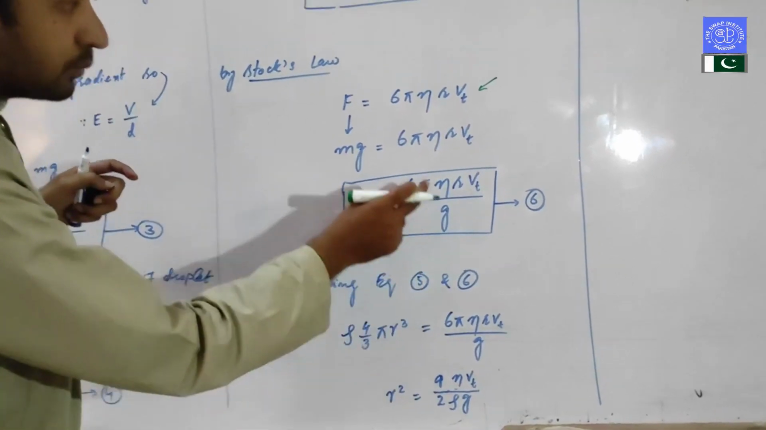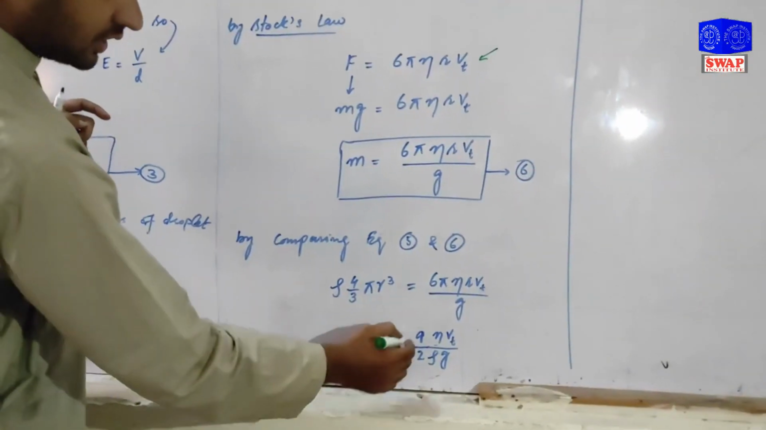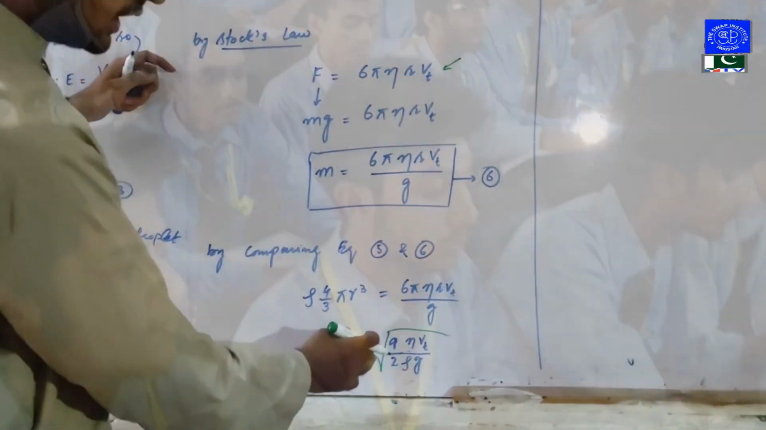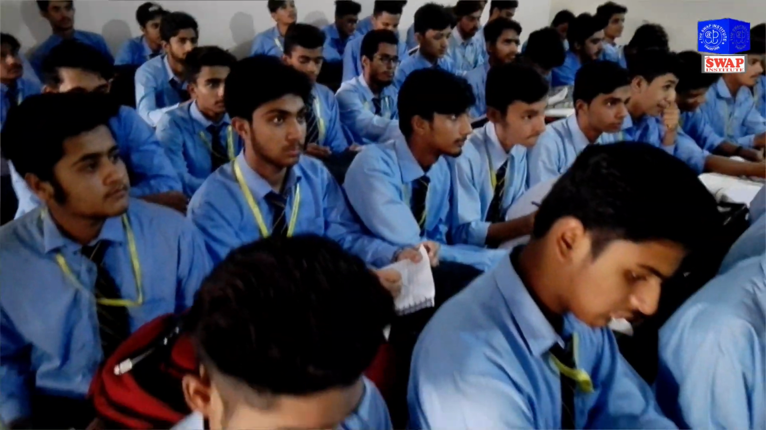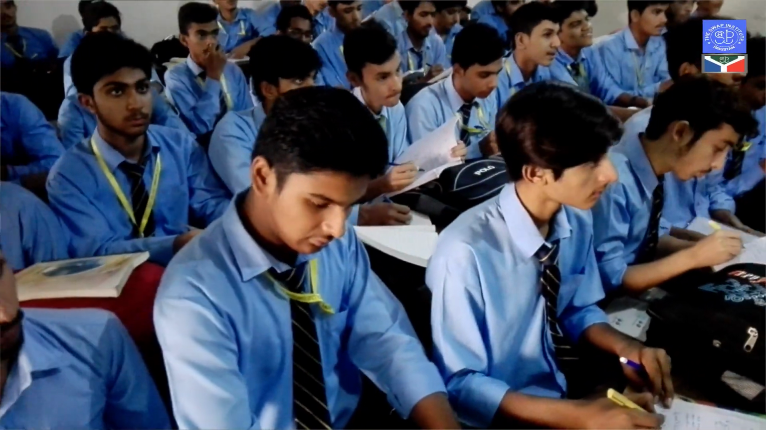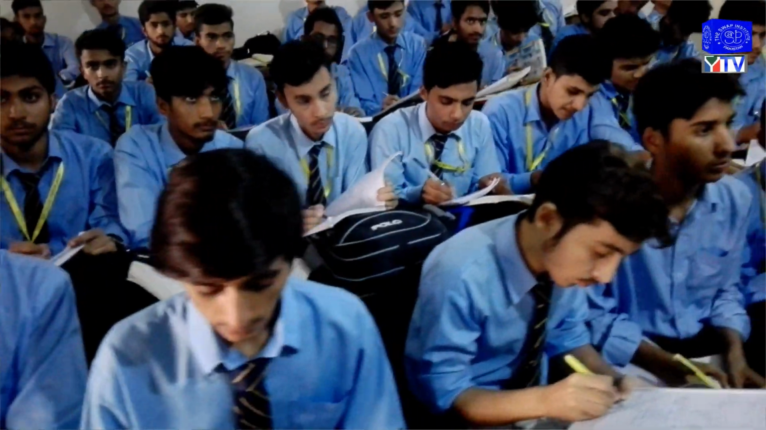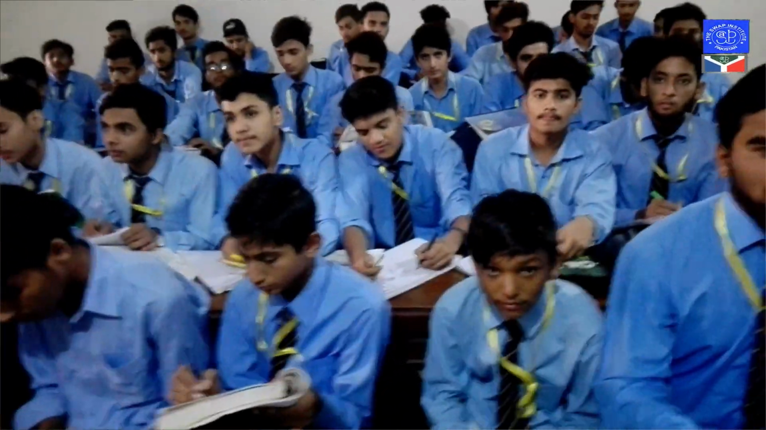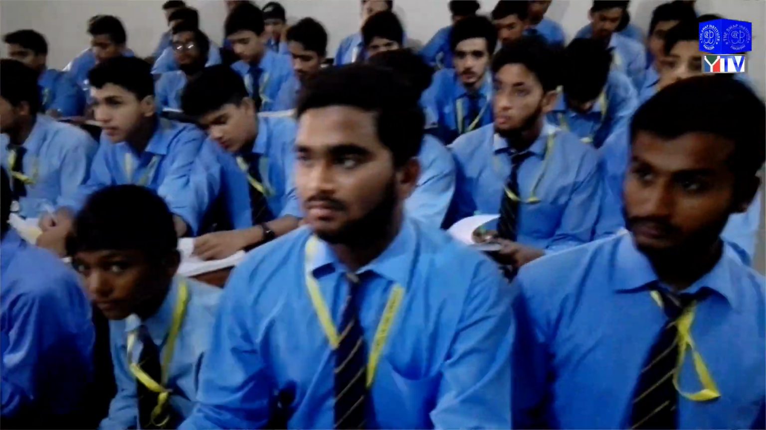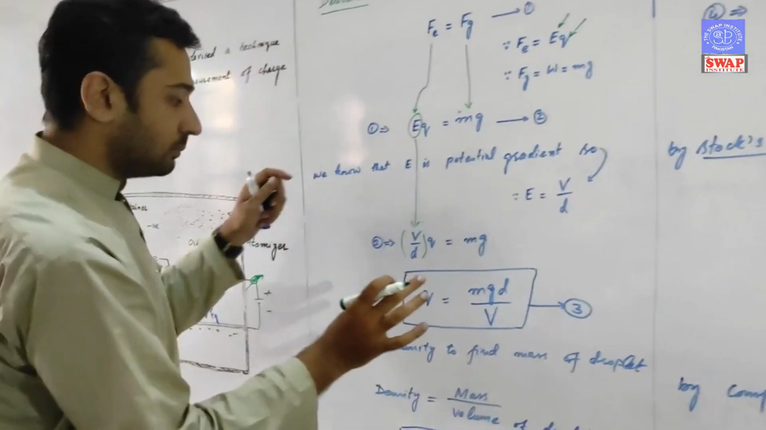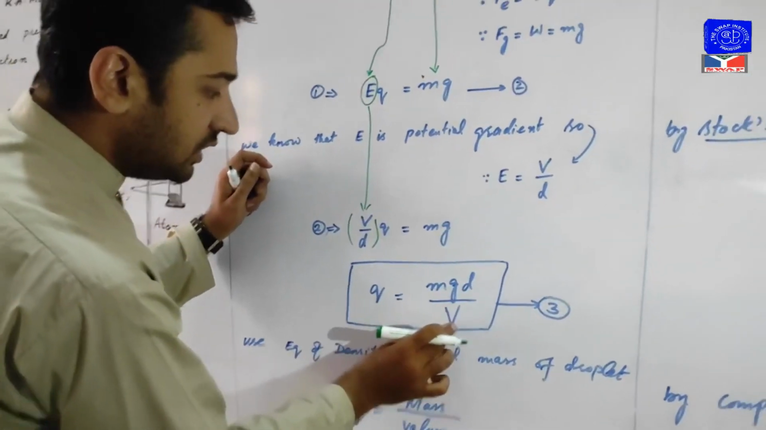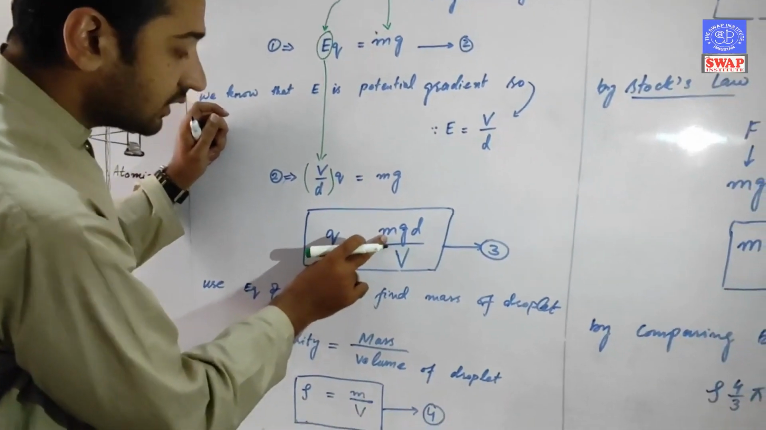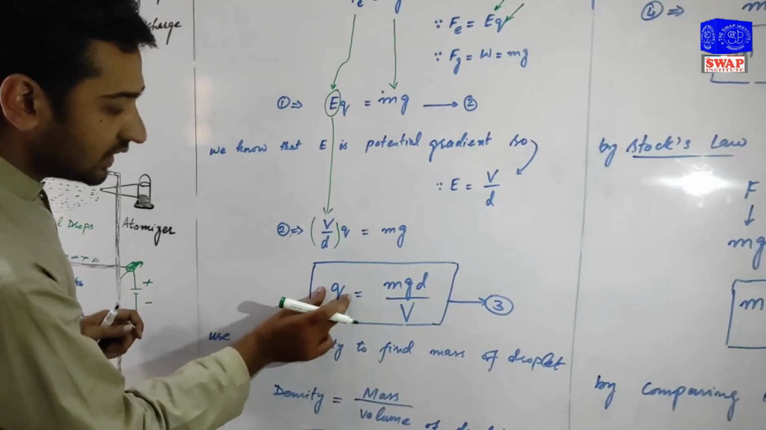Taking the square root, r is equal to the square root of 9 eta v over 2 rho g. After calculation, put the value in equation number 5, and we will get the mass of that droplet. When we put the mass of the droplet, g, d, and V, the potential, in the equation, we get the charge on